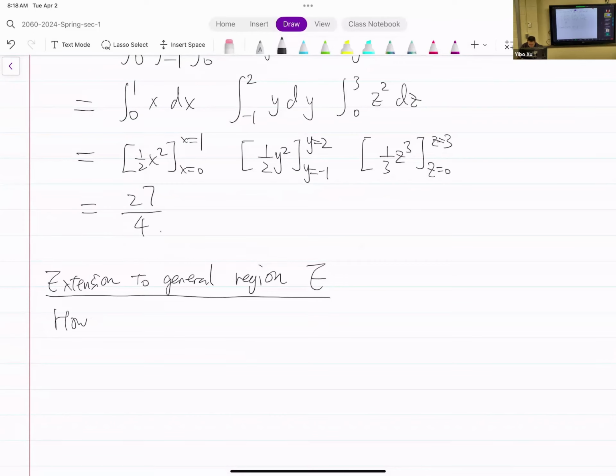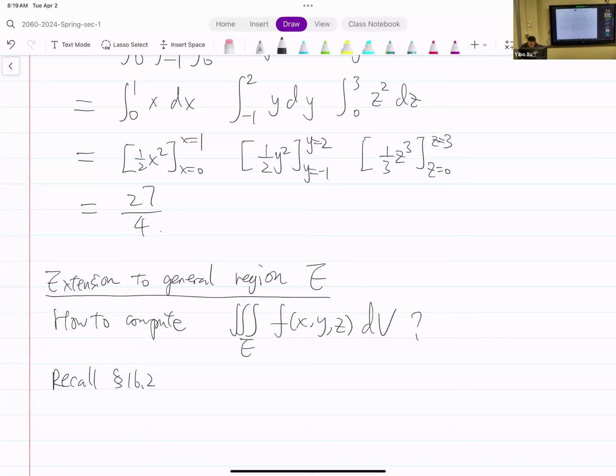Okay. How to compute the triple integral over a certain region E for a function f of x, y, z accumulated over the subdivided volumes. Right? So, like we mentioned, we can recall from 16.2, when we talk about type 1 region,